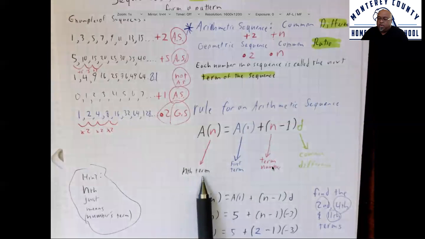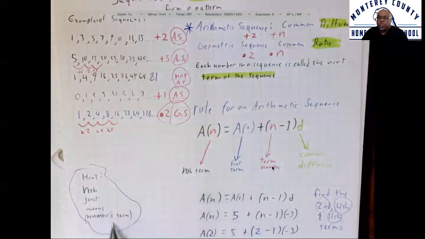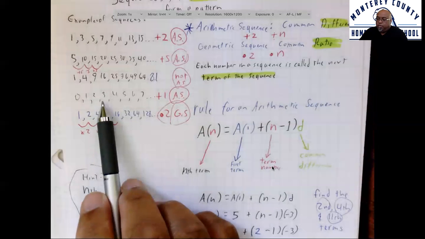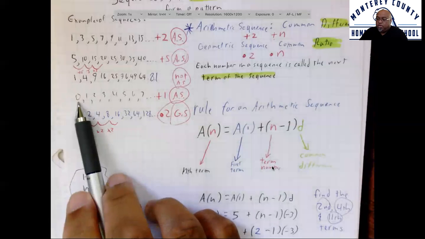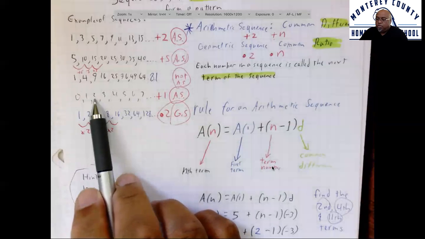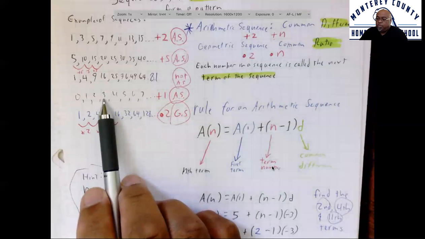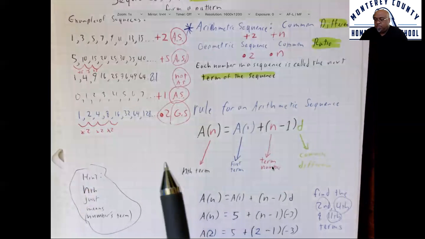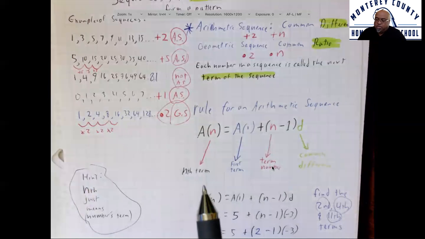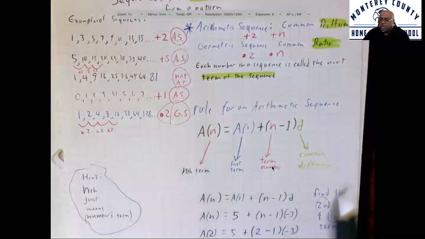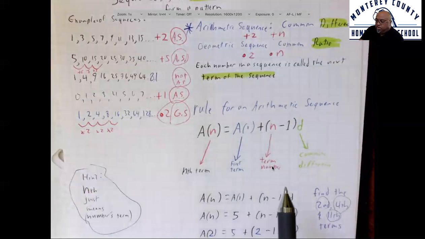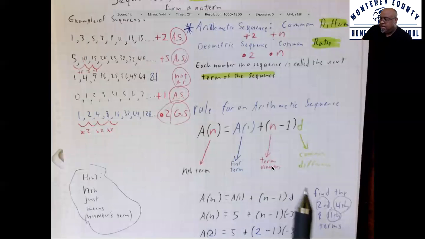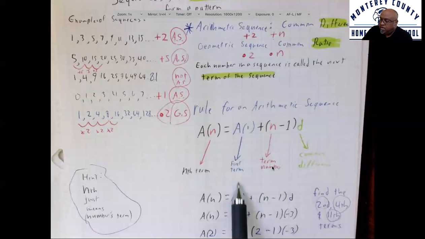The nth term just means the number's term, okay? For example, this is the 4th term, even though it's number 3 because we started at 0. Let's count 1, 2, 3, 4. So this would be the 4th term. So to find the 4th term in a set of numbers, I would call that my nth term, okay? So, continuing on,